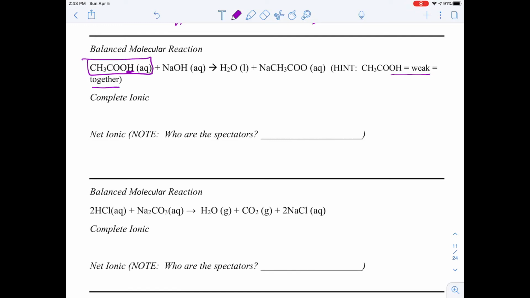And I also should have put in that NaOH is strong. You can also see this on the chart, and it's apart. Yours will say that. So that one will break apart. Water's a liquid, it stays stuck together. And this is not an acid, this is an ionic again. That's an ionic salt, and so he splits right there. So we have